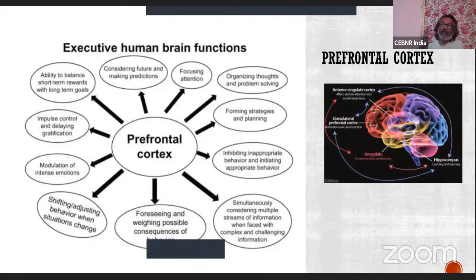So your pain signal goes to your limbic system, and the limbic system makes a decision, but that alone cannot make a decision. Your fright response is not just by your limbic system. It also is activated by your prefrontal cortex, right?